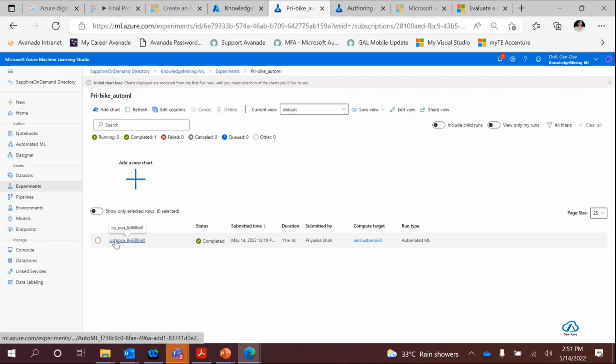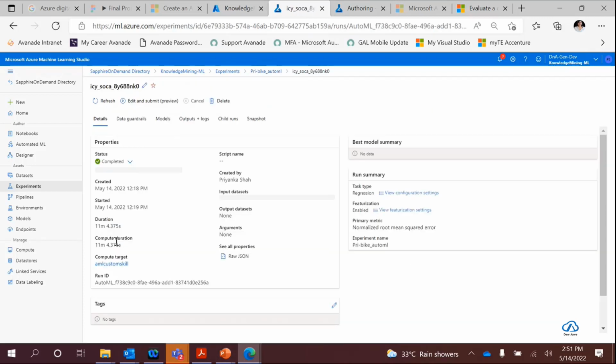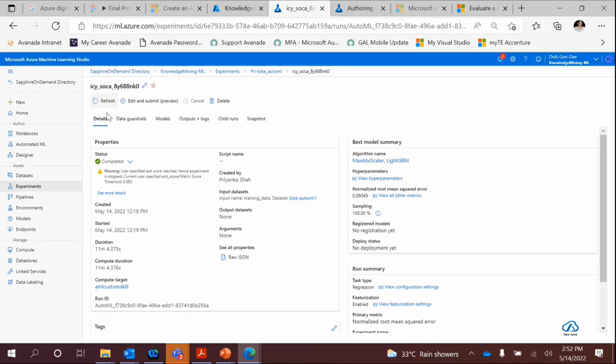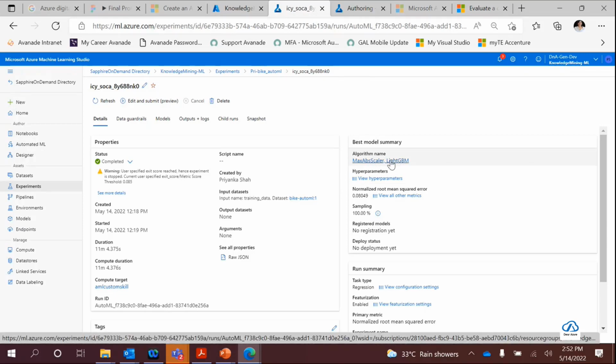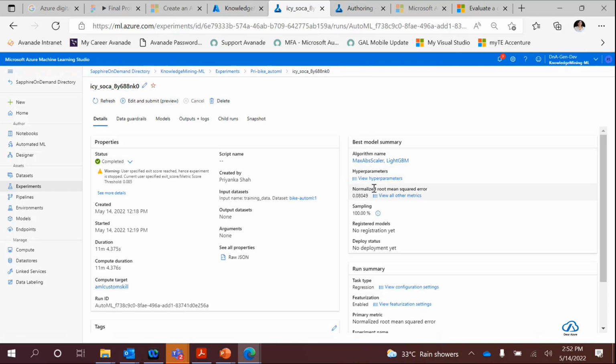So this was completed. Now I can click here inside the run details, and then I will be able to see all the metrics. Once your experiment is completed, you should be able to see the message as completed. And because we had already checked the best model summary here, right? You see here, it is giving me the best model summary, that it has used MaxAbsScaler and LightGBM. Okay, so this is the algorithm name which it has used,